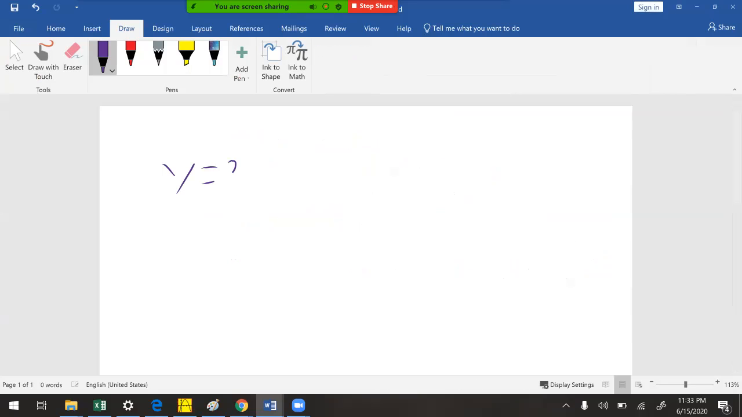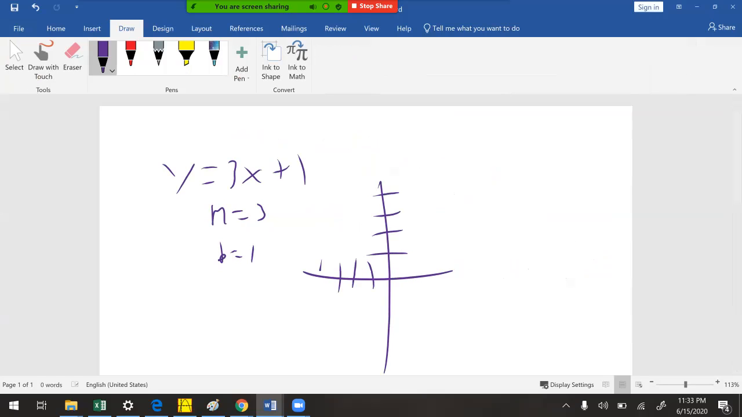Okay, y equals 3x plus 1. Your slope is 3. Your y-intercept, or b, is 1. Let's graph it. Okay, your y-intercept is 1. It crosses right there. To find the next one, we go up 3 over 1. Boom, we have our line. That's simple. If you don't know how to do this,